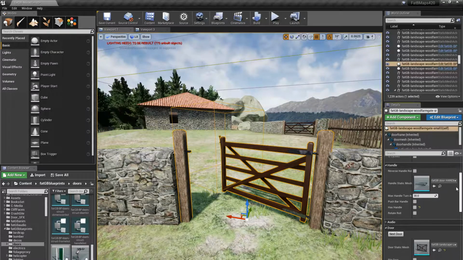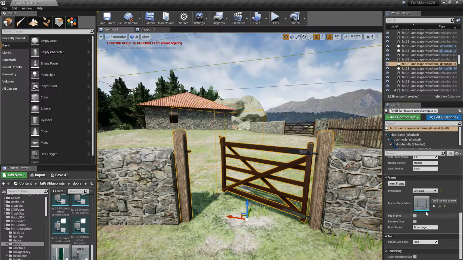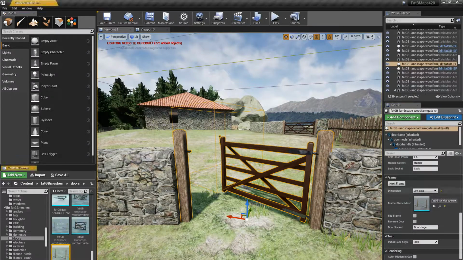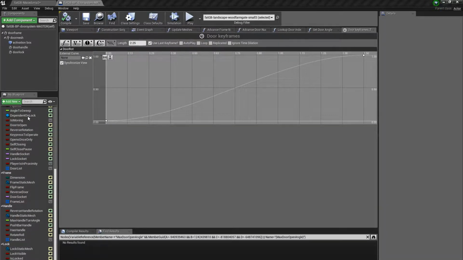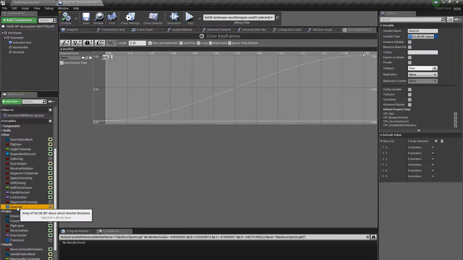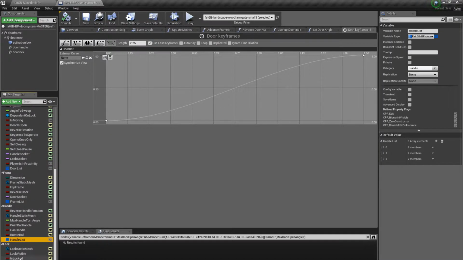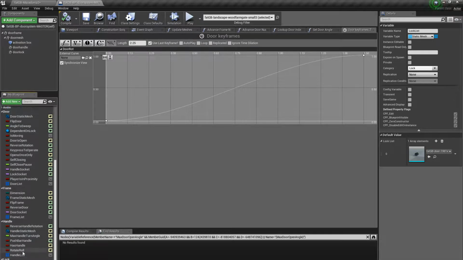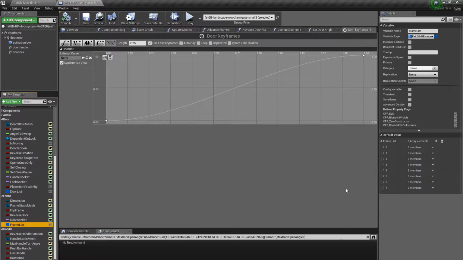And to set it up, the frame, let me just get the blueprint over here. So I have some hidden variables: door list, frame list, handle list and lock list. Lock list is just a series of static meshes of different types of lock that are available. The frame list is rather more involved, and